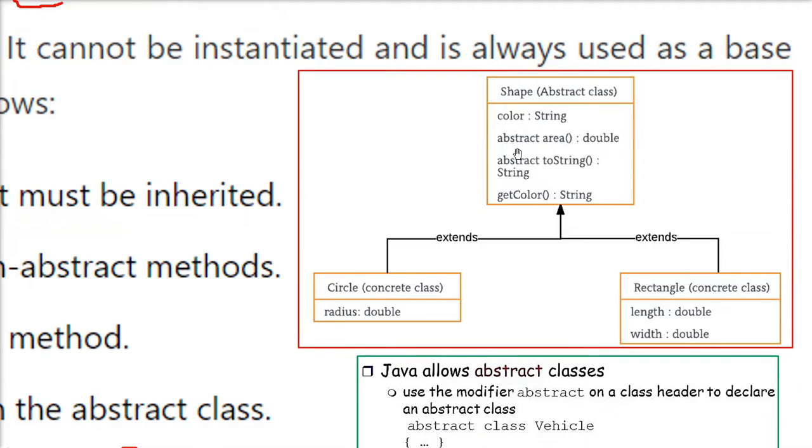So here you see the abstract, this is the keyword. So this shape class is an abstract class, and inside that we have two abstract functions, which are area and toString. So this abstract class should have at least one abstract function. That also I am going to tell you. But the main thing is, when you make the derived classes,